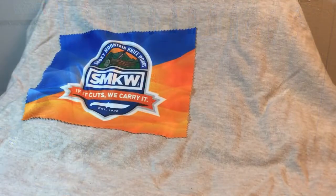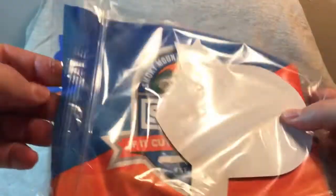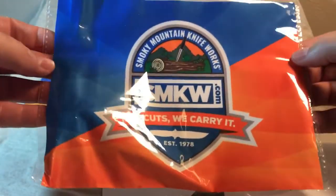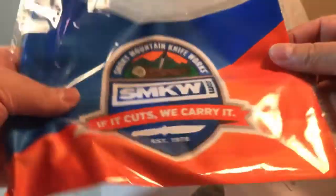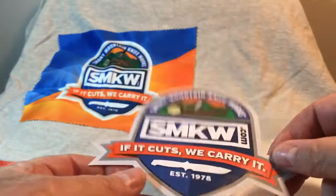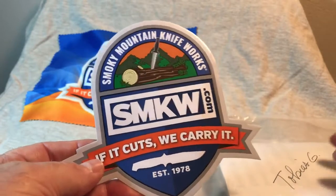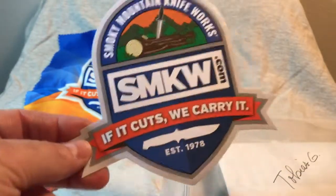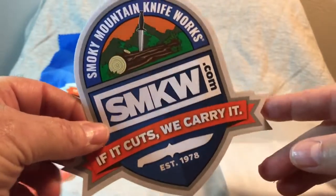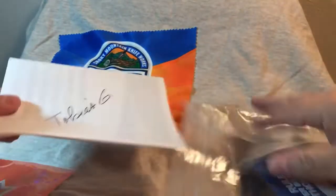Okay, as with most things you get from Smoky Mountain Knife Works, even just a regular order, I got my little swag bag, which has one of the nice little knife cleaning cloths. It's nicely wrapped in plastic right now. I haven't used this one yet, but you see what it is back there. And then the nice little sticker. I don't know how many of these my cat has decided to scratch off the wall, so I've stopped putting them on the wall, but I still have a couple of these and I do like them. I guess one of these days I'll have to put one on a place where my cat won't rip it to pieces. And then a thank you note from them,